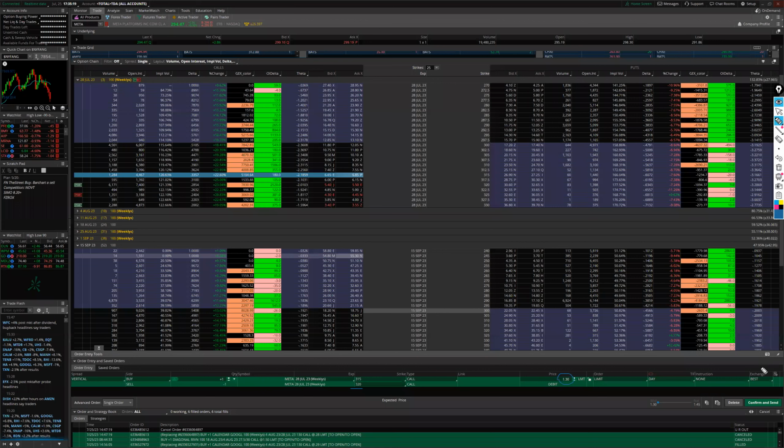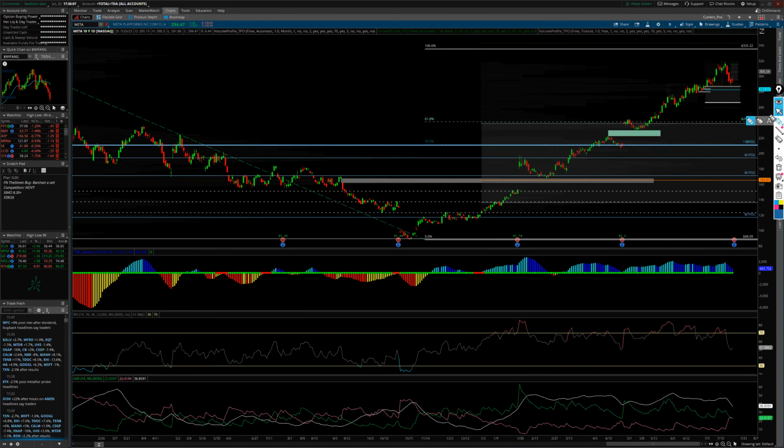My play has been, I already took a butterfly trade. It's already active. I was bullish on Google before earnings. I'm like, okay, if Google runs, Meta will run. Then it can get to this 30 level. So I have a butterfly. I paid 20 cents for it. I have done a $5 wide butterfly targeting this 325 level.